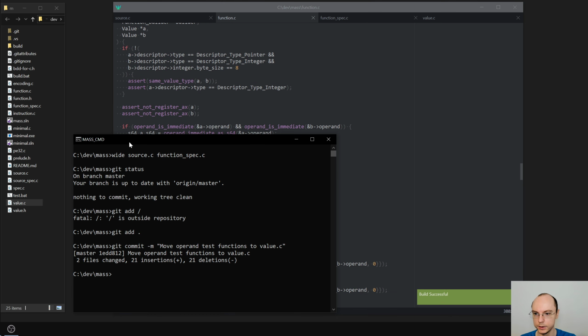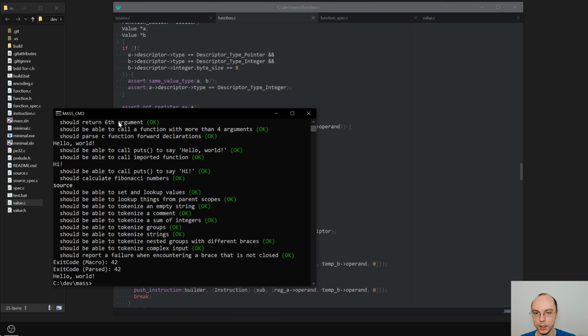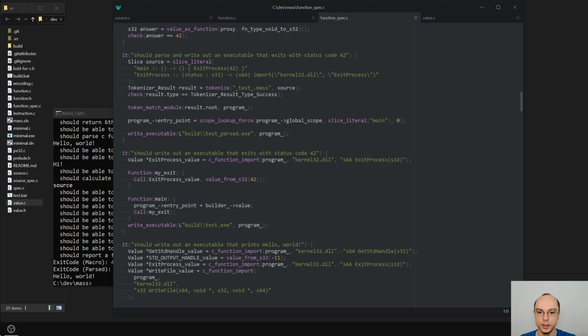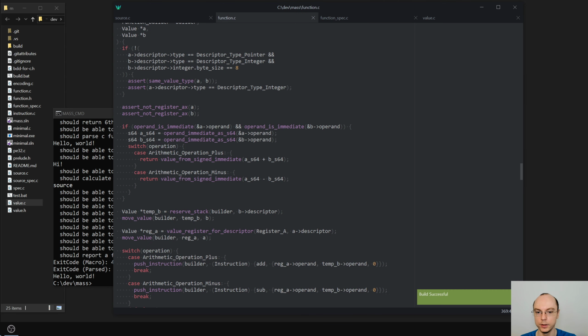Okay, let's try to run the tests and see if that all works. For now it does, and I want to go back to this test and remove this plus and try like this. So this should actually trigger our case, and we can verify that by just saying